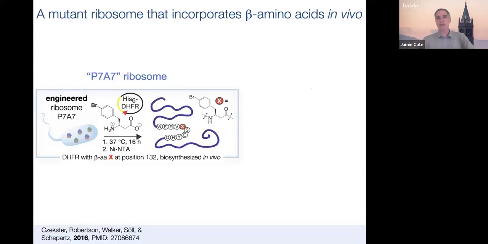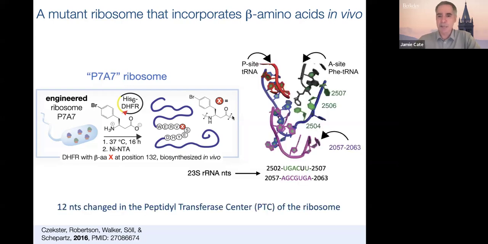So I want to give you an example of what happens if you do make mutations in the ribosome. This is in the ribosomal RNA that we're going to change, to be able to incorporate things like this beta amino acid. Here, the detail is you have an extra carbon atom, and that makes it very much harder for the ribosome to incorporate. And so Alana Shephard's group a while ago made a number of mutations in the ribosomal RNA, the sequences down here, to change how the substrates, so this is the A site and P site, the ends of those tRNAs poking down into the catalytic center, might be able to incorporate this monomer.